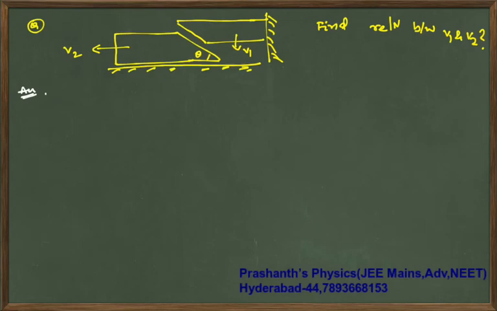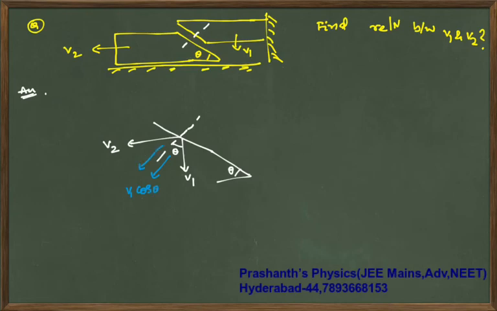30 seconds time. So what is it you are supposed to do? Take the common normal this way, right? So this is V2, this is V1. If this angle is theta, this will become theta. The components along this direction are V1 cos theta. This will become, if this angle is theta, V2 sin theta. So your equation is V1 cos theta is equal to V2 sin theta. Next is a slightly tricky question. I don't know how many of you will be able to do it, but it's worth a try, I suppose.